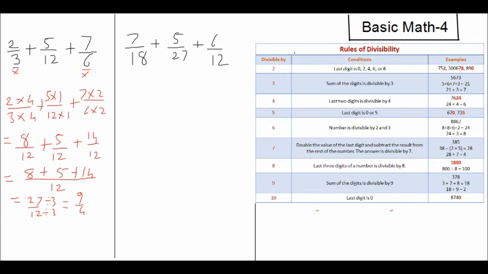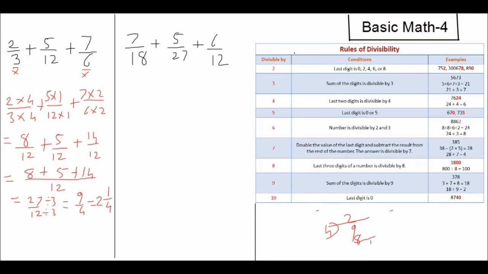We can represent 9 by 4 as a mixed fraction. So we will divide 9 by 4. We get 4 2s are 8. Remainder is 1. So we may write 2 integer 1 by 4. First write the quotient, then the remainder, and then the divisor. So 2 integer 1 by 4 is the answer.